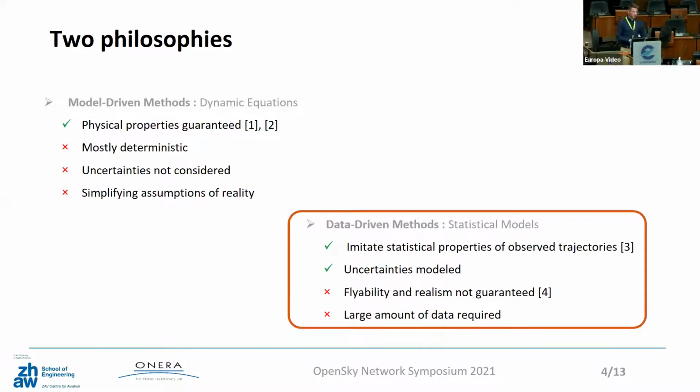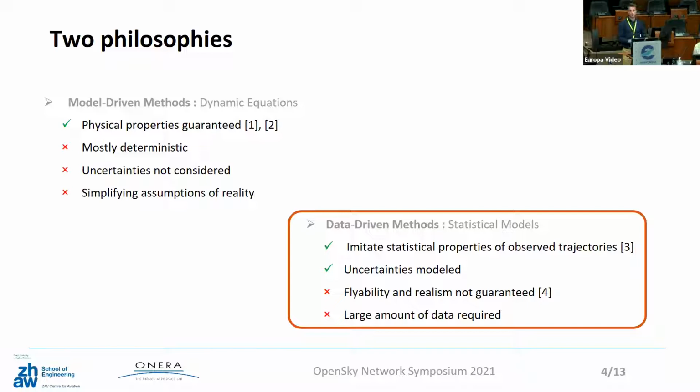In the literature, we mainly have two philosophies to generate trajectories. The historical one is the model-driven methods that are mainly based on flight dynamic equations. They have the advantage of guaranteeing the physical properties of the trajectories because they actually follow a law of physics. But the drawback here is that they are mostly deterministic. That is to say that for a given set of parameters, we can only generate one trajectory at a time. The uncertainties are not really considered in those models, and they often rely on simplifying assumptions of reality, which